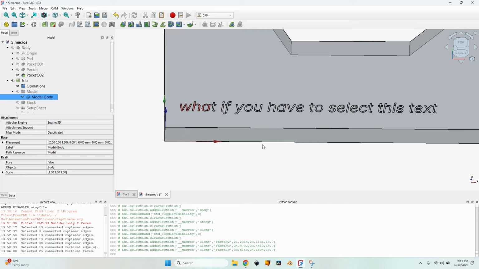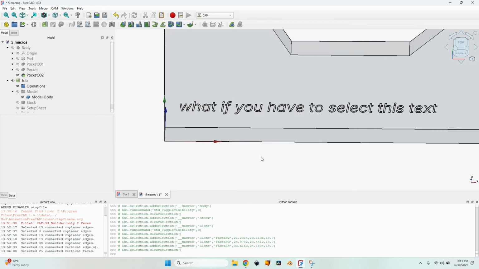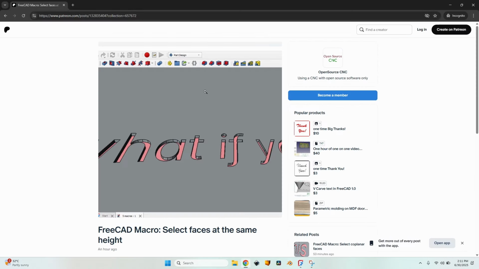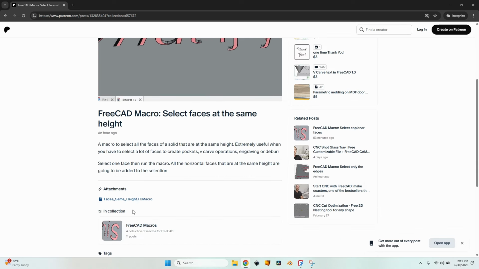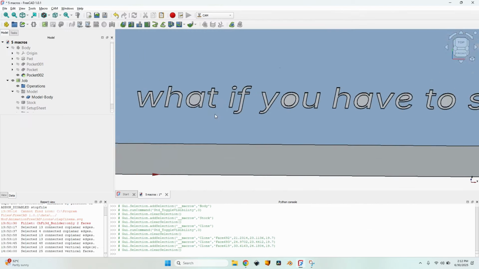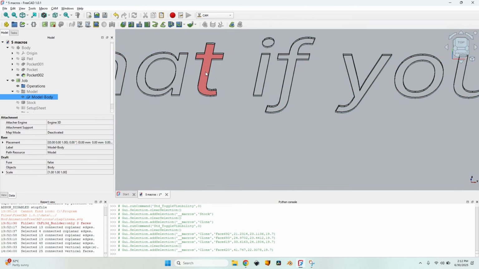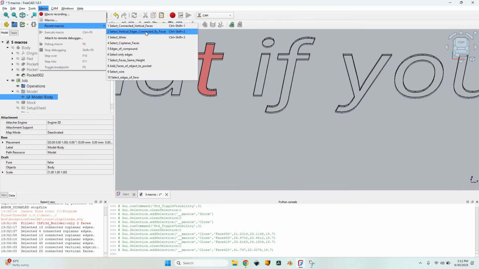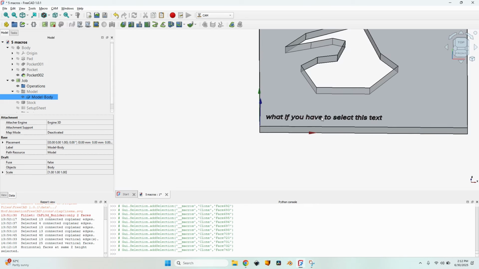Well, let's find a solution to that and make everybody love FreeCAD by using a simple macro. Go to the Patreon page, to the page of the select faces at the same height macro. Here you have the link to download it, put it in your macros folder. And now let me show you how easy it is to have all this text selected by just a few clicks. Select any of the faces on the text, run the select faces at the same height macro, and there